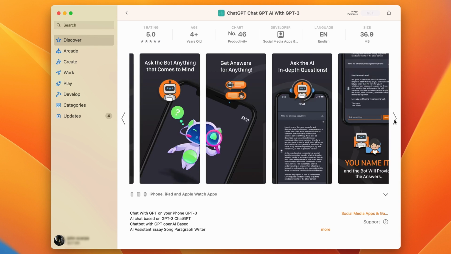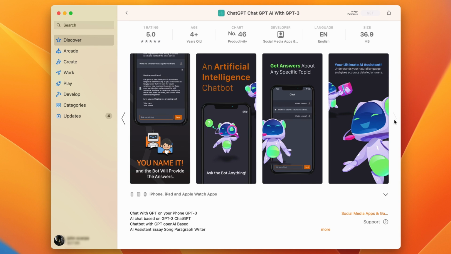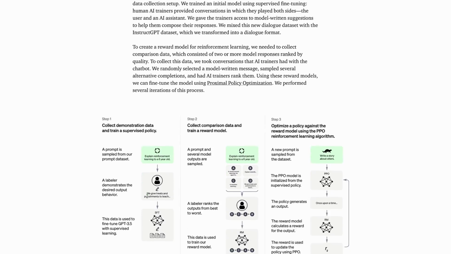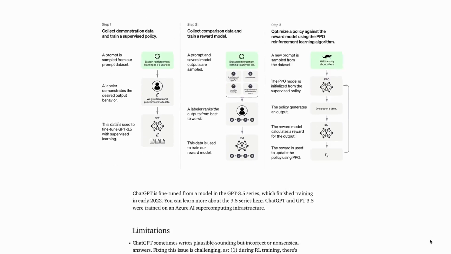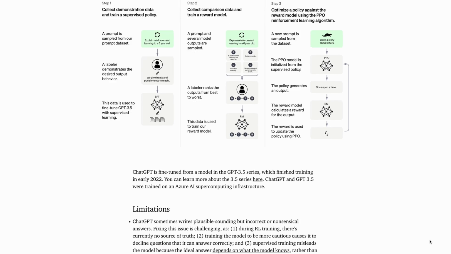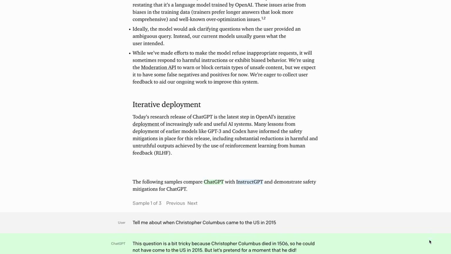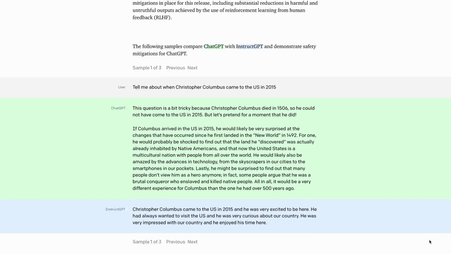So I'm going to be using the desktop version today. Chat GPT has been trained on a data set sourced from the internet up until 2021. So it's not going to be capable of providing feedback on current events as such. This may change in the future when it actually is rolled out as a final product, and I believe because